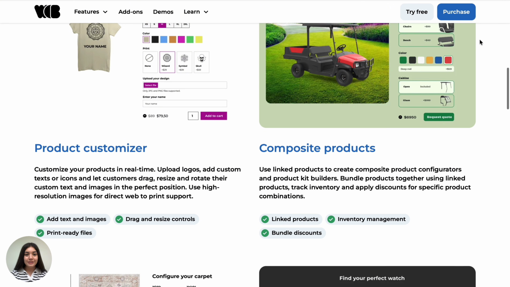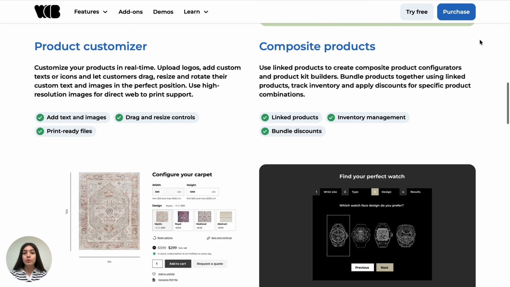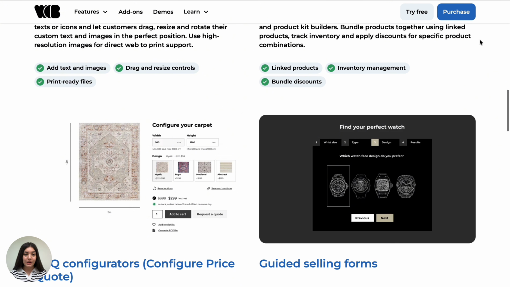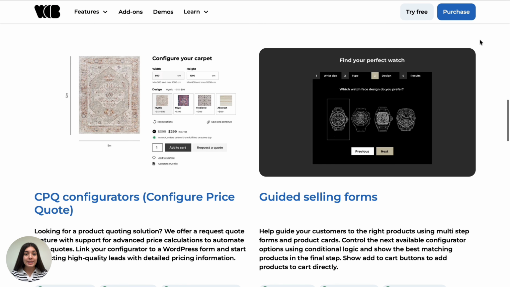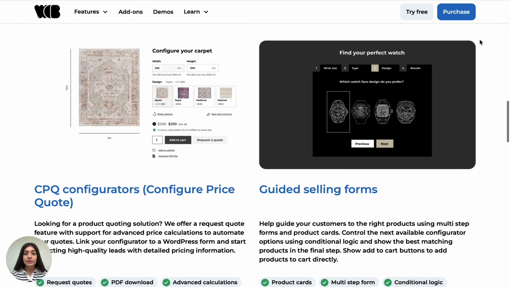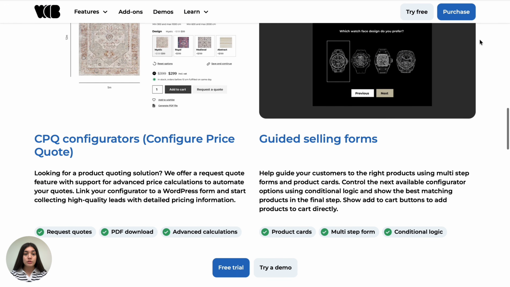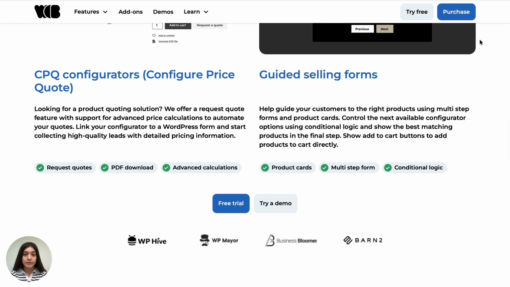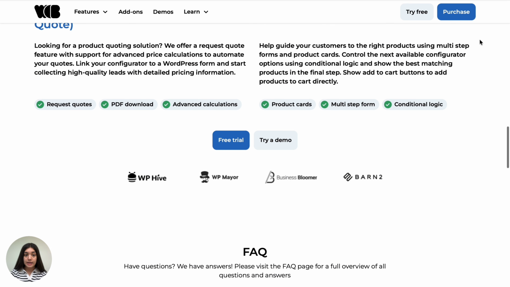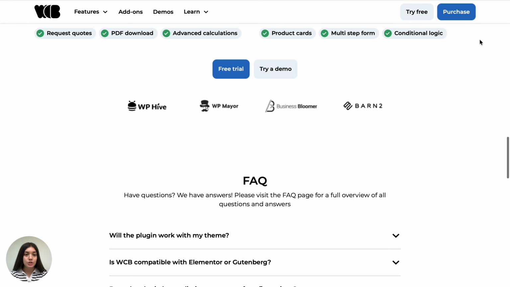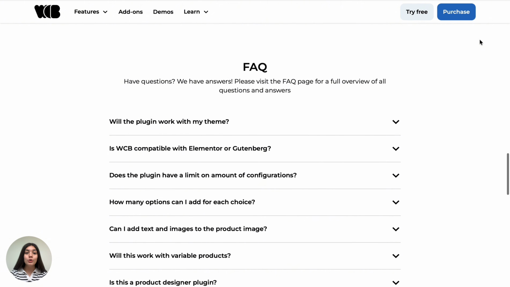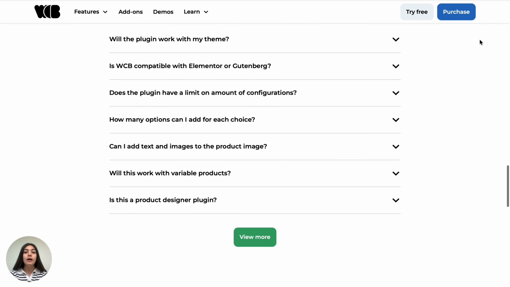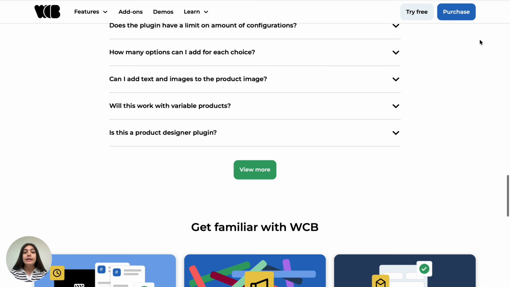WP Configurator Builder allows WooCommerce store owners to create interactive product configurators directly on their websites. With this plugin, standard WooCommerce products can be transformed into personalized shopping experiences where customers can customize the product before completing a purchase. In this video, I will walk you through the complete process, including activating the free trial, installing the